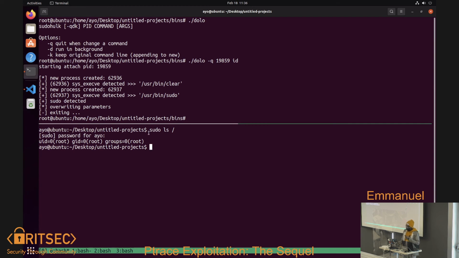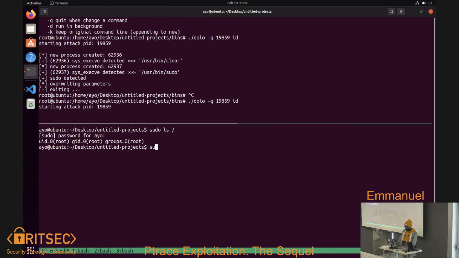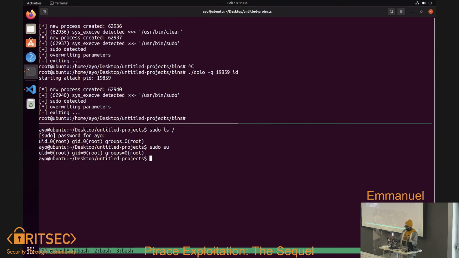There are different options where it continuously, like nonstop, just injects ID. But that can be fun and also annoying at the same time, because then they can do nothing. Actually, let's try something. I never tried to switch to root. Let's see if that even breaks it. So if I go back, do it again, and do sudo su. In this part, it's kind of hard to know because it didn't actually switch to root user, but it just runs our command instead. But this is pretty much the goal of this project, just to use the Ptrace